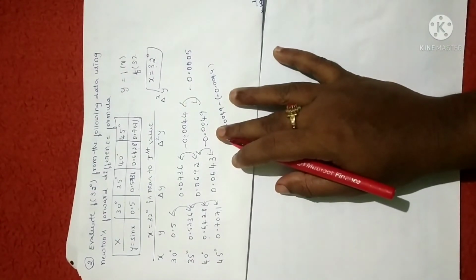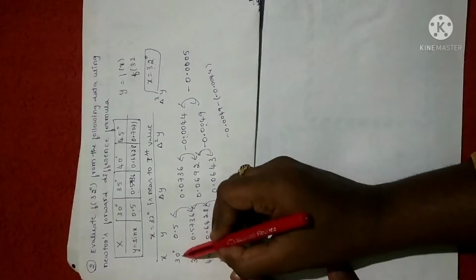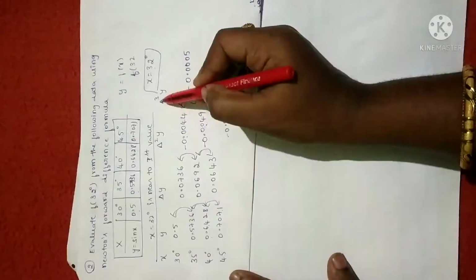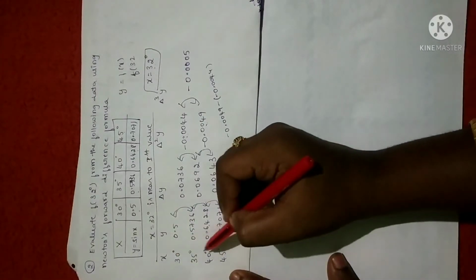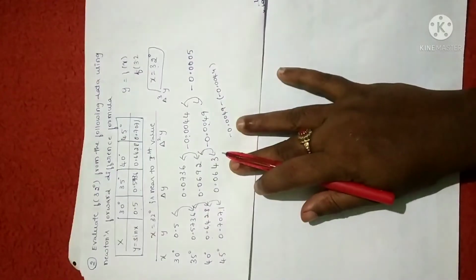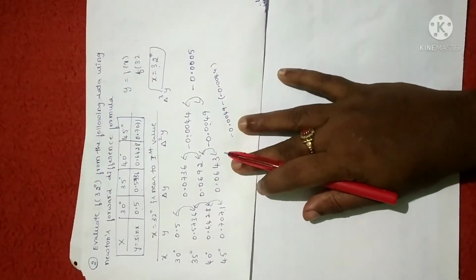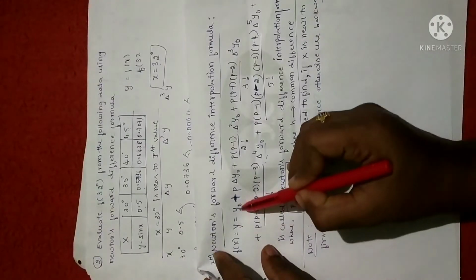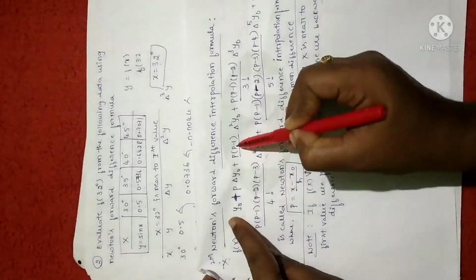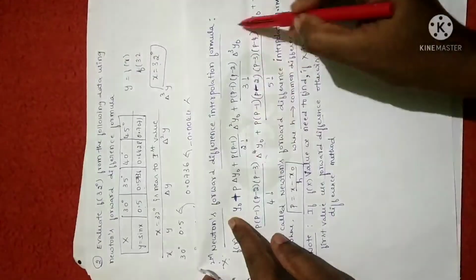After the forward difference table, you have to write down the formula. Make sure how many terms you have up to del cube y. So you have to write 1, 2, 3, 4. 4 terms in the formula. As I already gave the formula, I'll just show you. So here is the formula. You have to write 4 terms, right from y naught: 1, 2, 3, 4. So up to del cube y you are going to get.